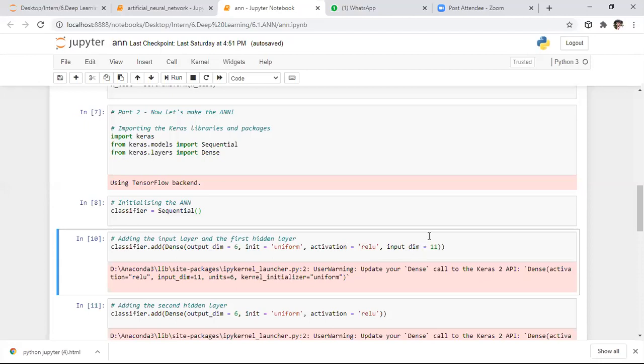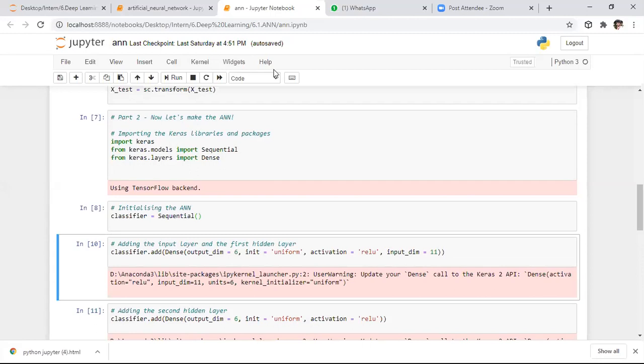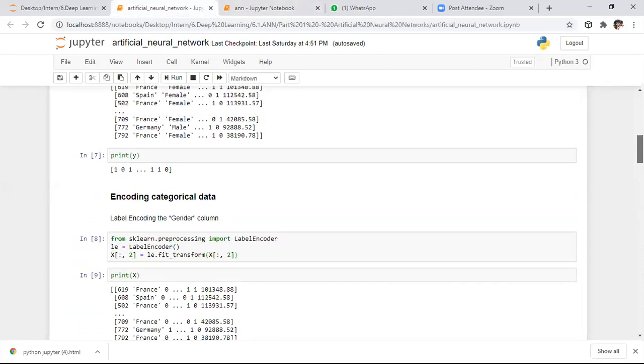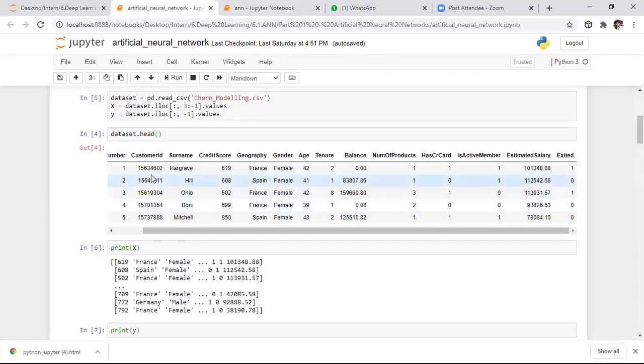And here I'm specifying the input dimensionality. Input dimensionality is nothing but how many features we consider in our data set. We consider columns 3 to 13, that is 10 input neurons. If you observe this data set, we saw the 10 features, right? Completely, 3 to 13 means we have 10 columns. So we consider 10 columns as input, and here we need to specify the input size.